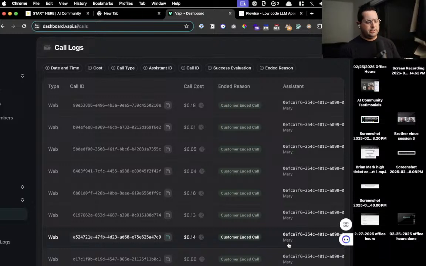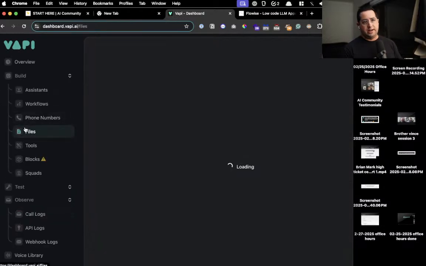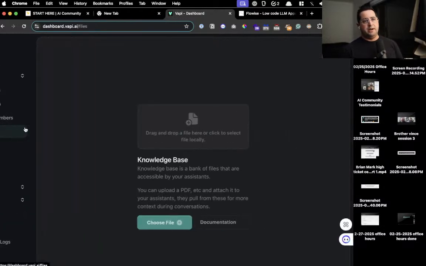Anyways, so Vappy stores the transcripts for you, so you can save them in there basically. And then there's custom knowledge and stuff like that. Even under files, here's where you would store PDF files of your local, basically your